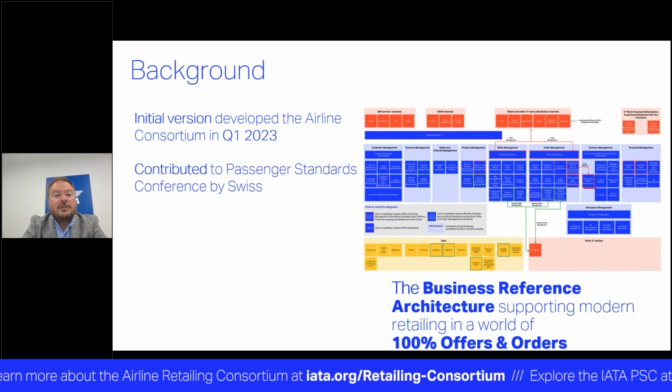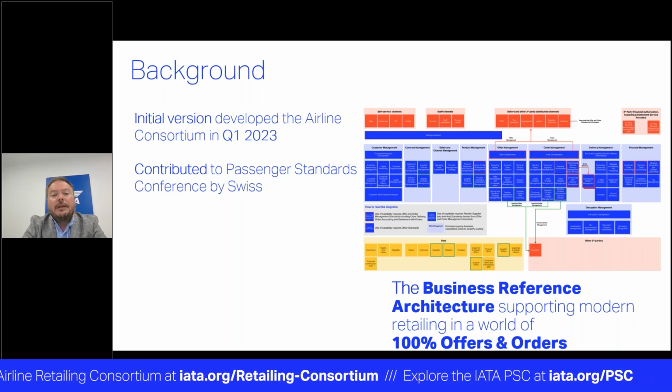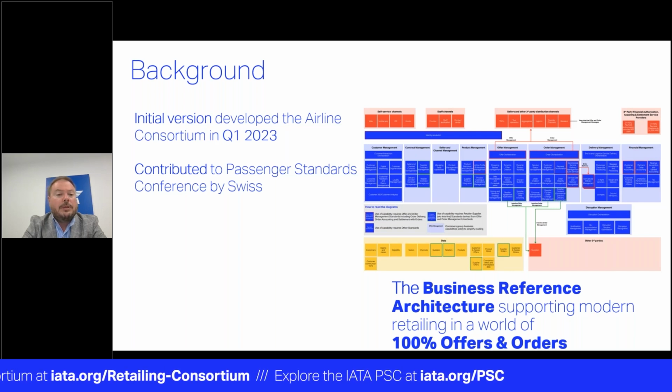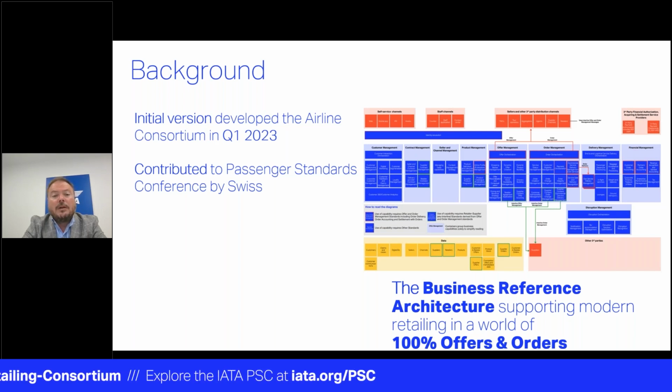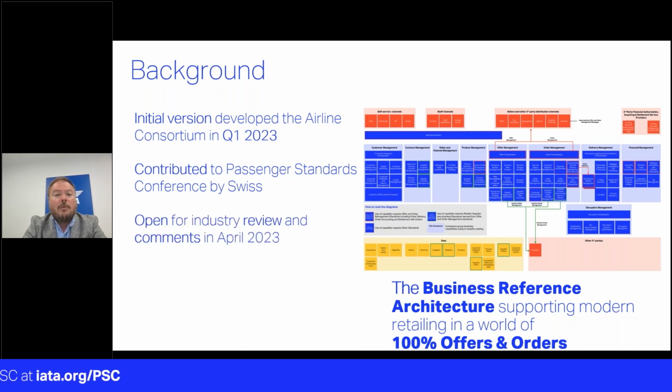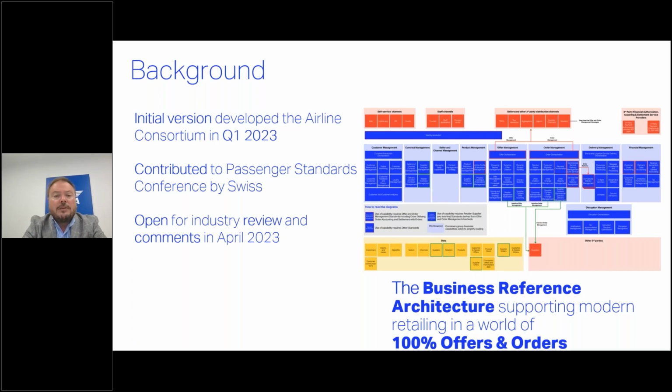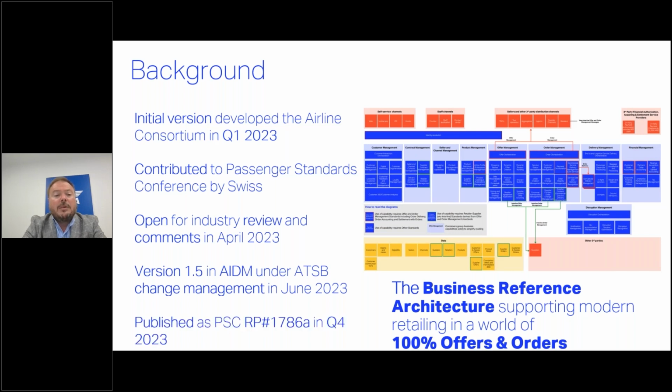Now, from there on, as the consortium worked on this architecture, at some point it was contributed by Swiss Airlines to the Passenger Standards Conference, to be used as the baseline for the industry to accept it as an industry artifact. Since then, this reference architecture was open for industry review, comments and consultation. And as a result, with some additional comments and enhancements, it came out as version 1.5 under the